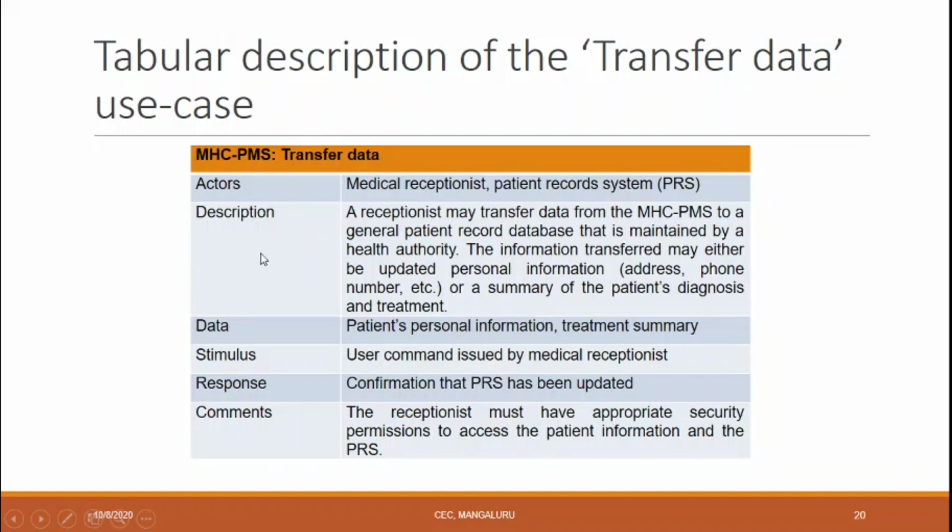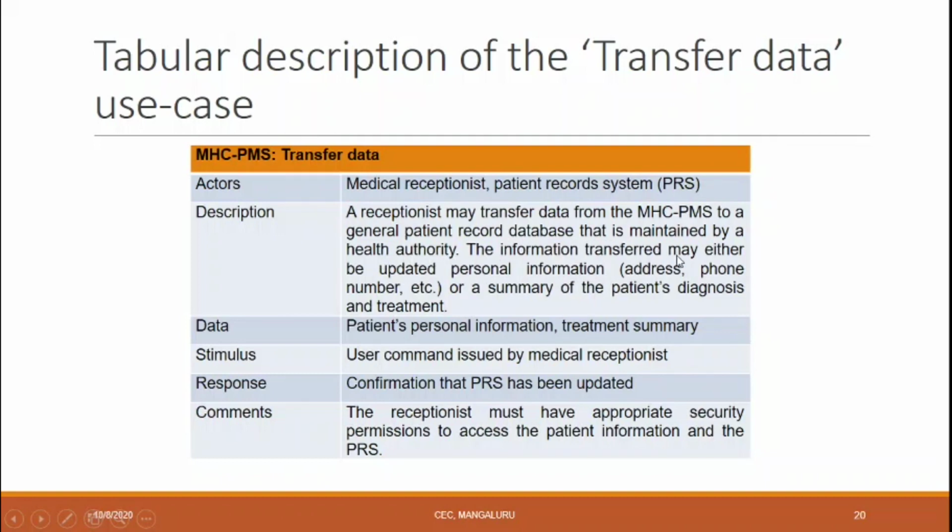And it gives a description about the use case. A receptionist may transfer data from the mental health care patient management system to a general patient record database. It's transferring the data to a database that is maintained by a health authority.